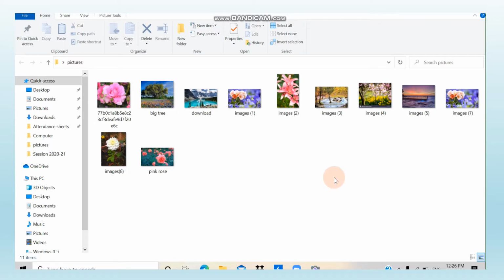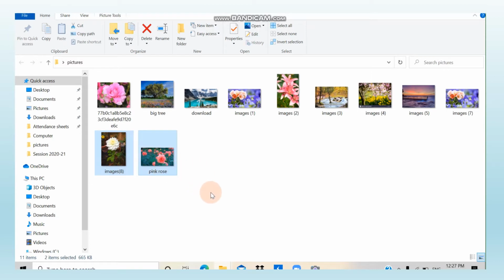So, if you want to delete some of the pictures, what you have to do? You have to just select it. How can we select? Suppose I want to select this picture. I will just click it once. Suppose I want to select this one also. I just have to press the control key and then click on this also.